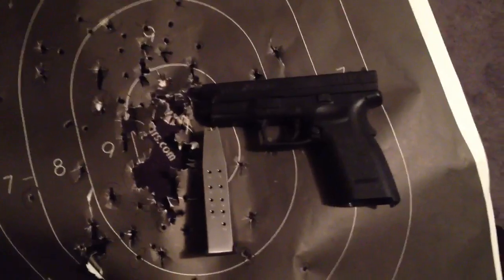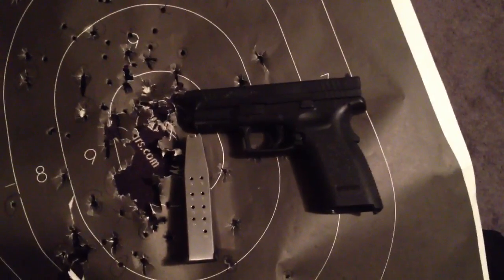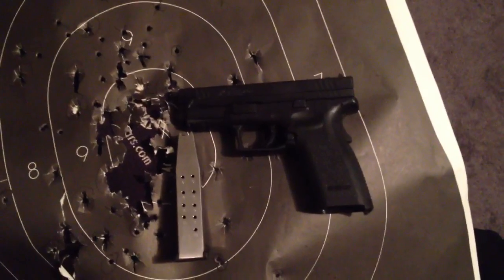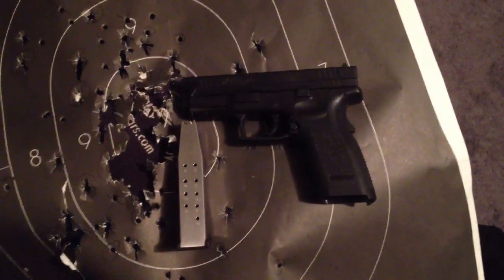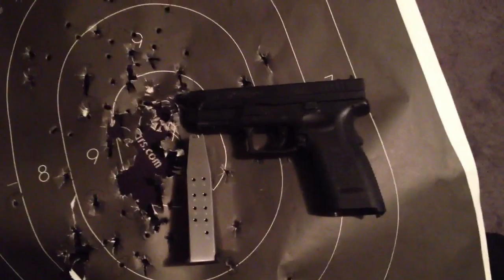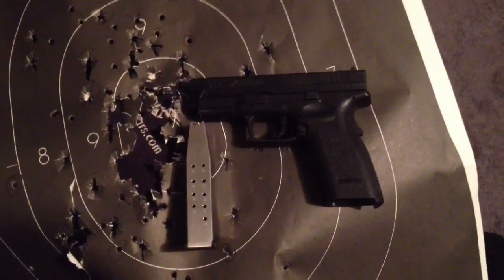I was shooting new ammo, which was the PPU ammo from Walmart. It was the only thing I could come across at the time, with some gift cards that I had been given for Christmas. So I picked up 100 rounds, and I had one stovepipe. It was the very last round that I shot out of the magazine, and I didn't even know there was a